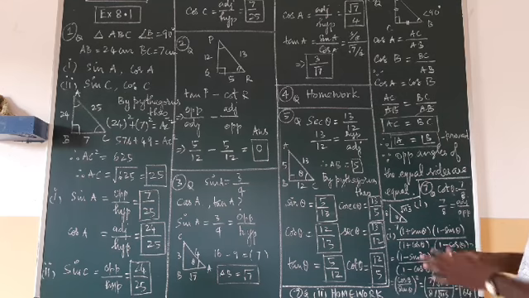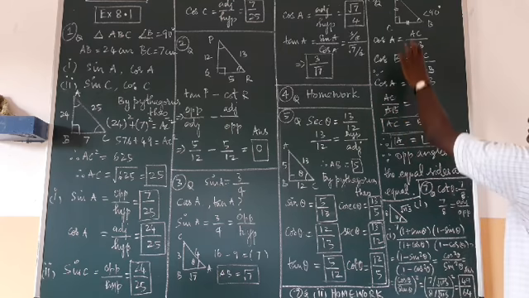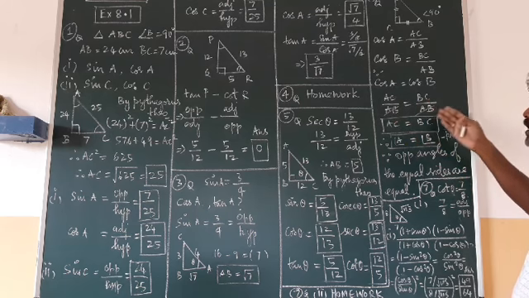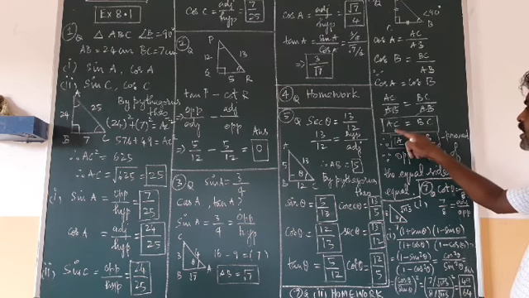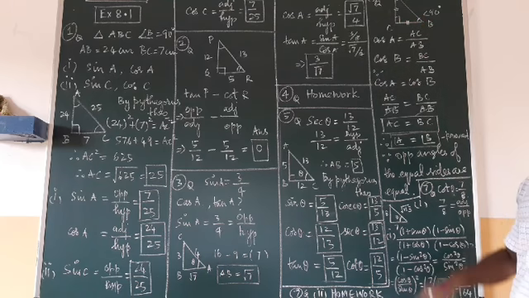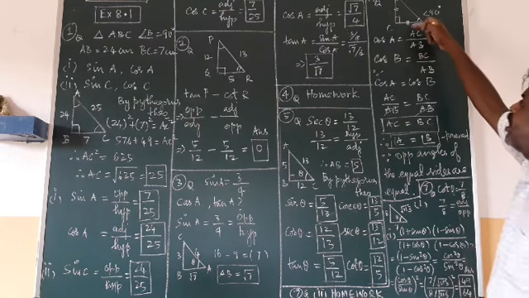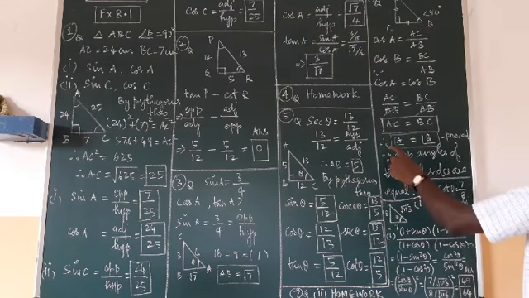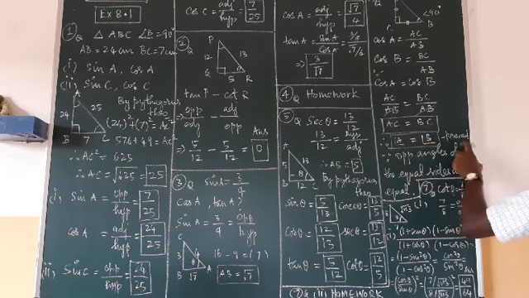From 1 and 2, cos A is equal to cos B, as the condition is given. So I am equating these sides: AC upon AB equals BC upon AB. AB gets cancelled, since the denominators are the same. So AC equals BC. That means AC side and BC side are equal, an isosceles triangle with two sides equal. Therefore, what will happen to the angles opposite the equal sides? They will also be equal. So angle A equals angle B, proved.